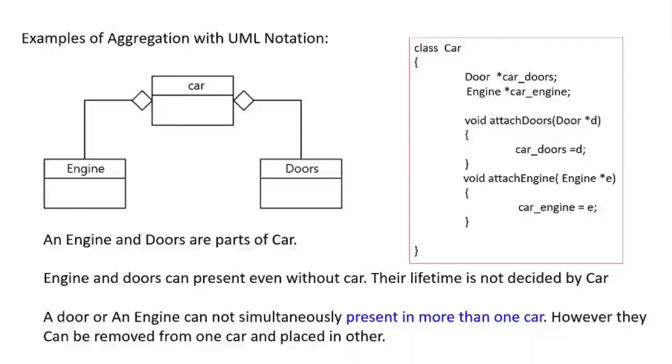Now let us take a look at the implementation of class car. In the class car, we can see here that the objects of door and engine are declared as pointers. So they are not created at all in a car anymore. We have a separate function attach doors, which assigns separately created doors to the doors of a car. Similarly, we have an attach engine method available, which takes the input of an externally created engine as a pointer and then assigns the external engine object to an internal car engine pointer.